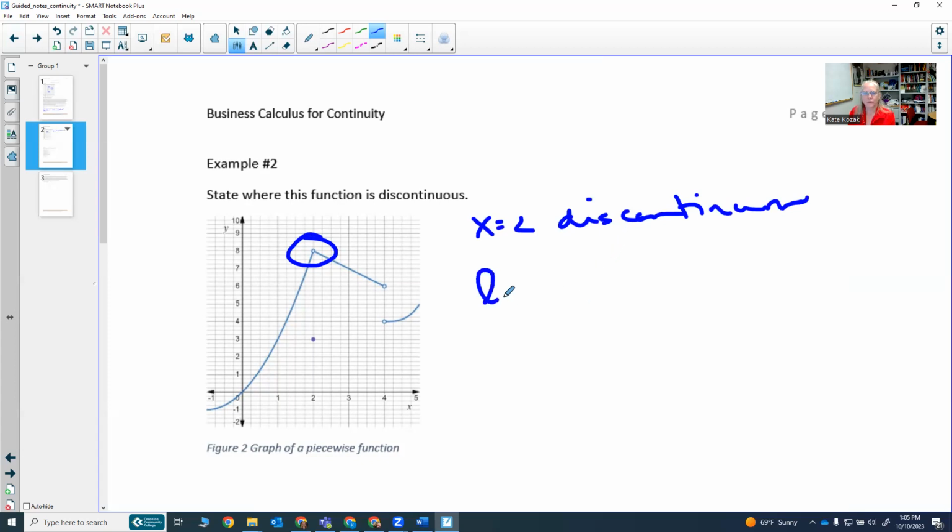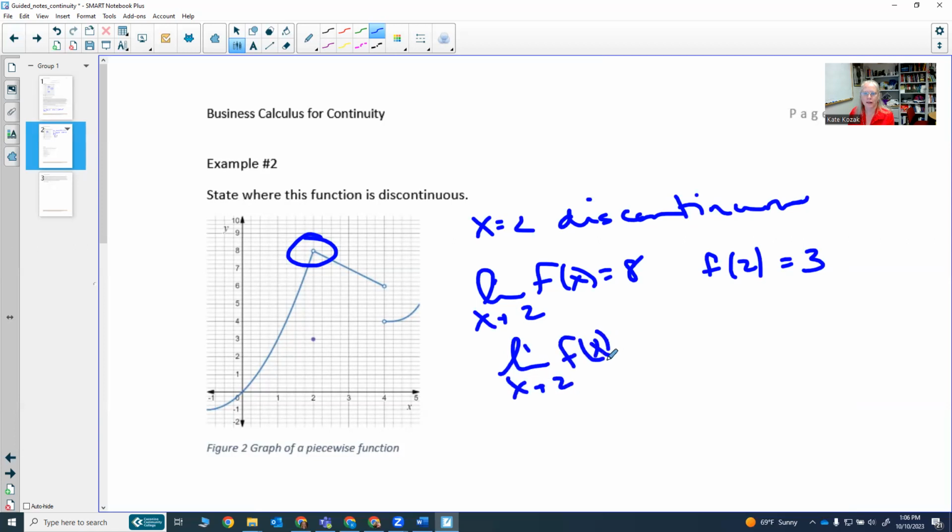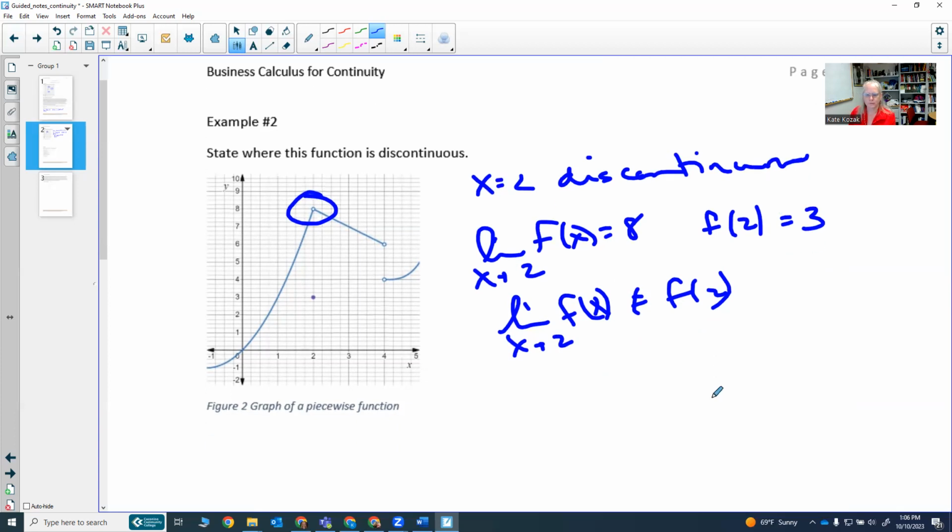The limit as x goes to 2 of f of x equals 8 if you approach, and f of 2 equals 3. But since they don't equal each other, the function is discontinuous at x equals 2. So the limit as x goes to 2 of f of x does not equal f of 2. In this case, this is a removable discontinuity. At x equals 4,